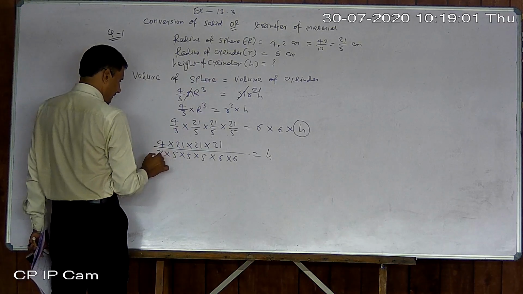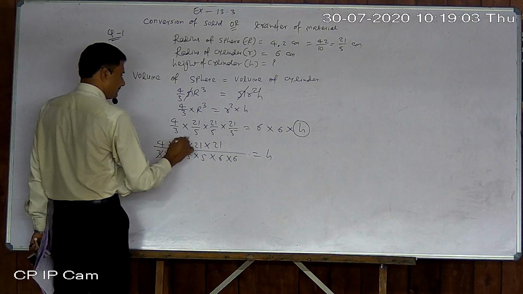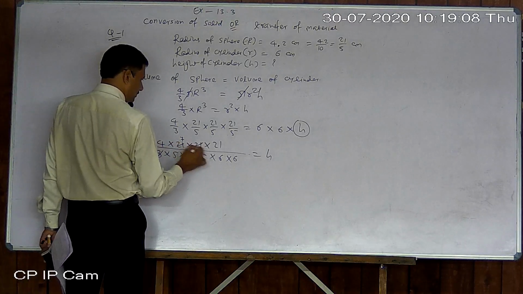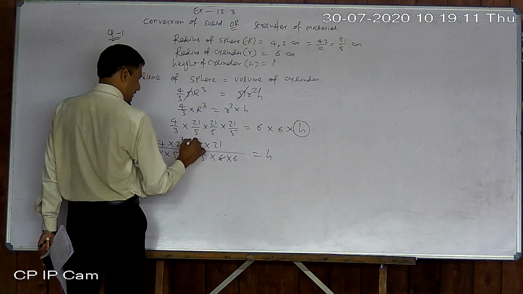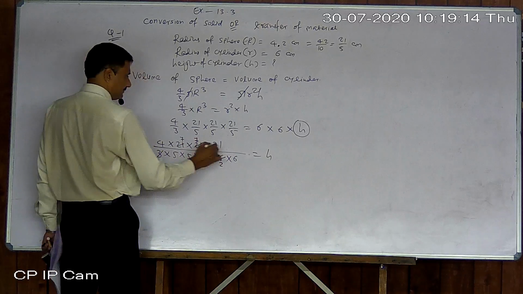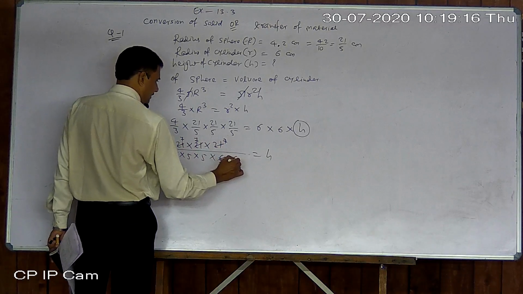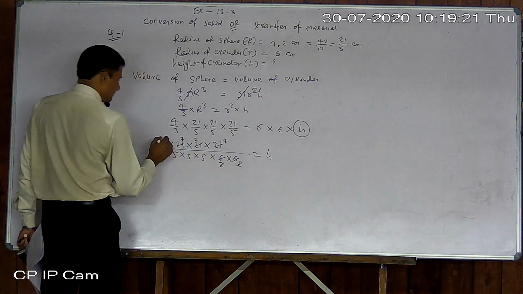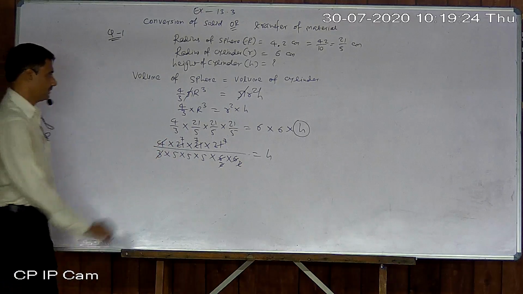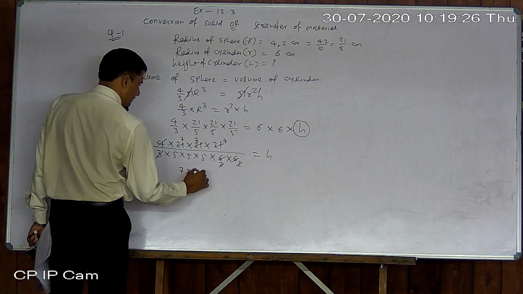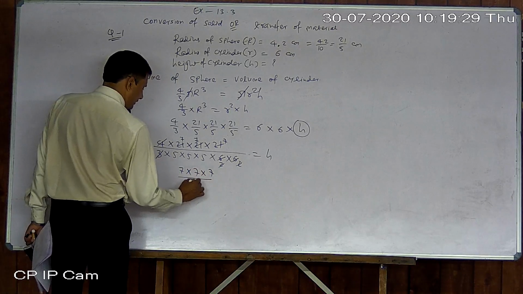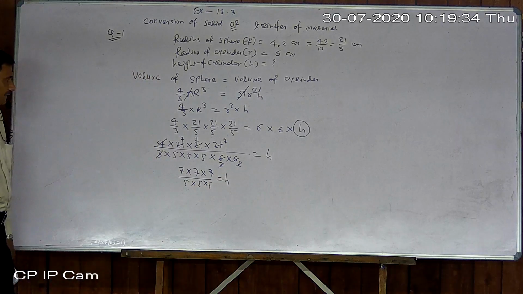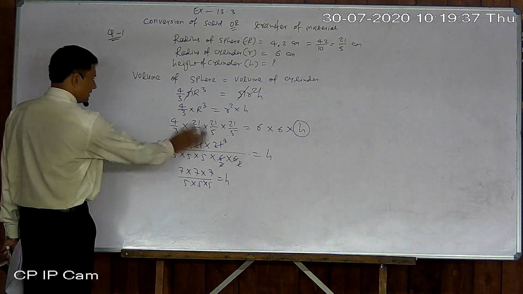3 into 7, 21. Okay. So 3 7s are 21. Now these both are being cancelled by 3 3. So 3 7s are 21, 3 2s are 6. Here 3 7s are 21, 3 2s are 6. Okay. Now 2 2s are 4, which is cancelled with 4. Whatever is left, 7 into 7 into 7 upon 5 into 5 into 5 is equal to S. Okay, 3 7s left there, here 3 5s left. Otherwise everything is cancelled.